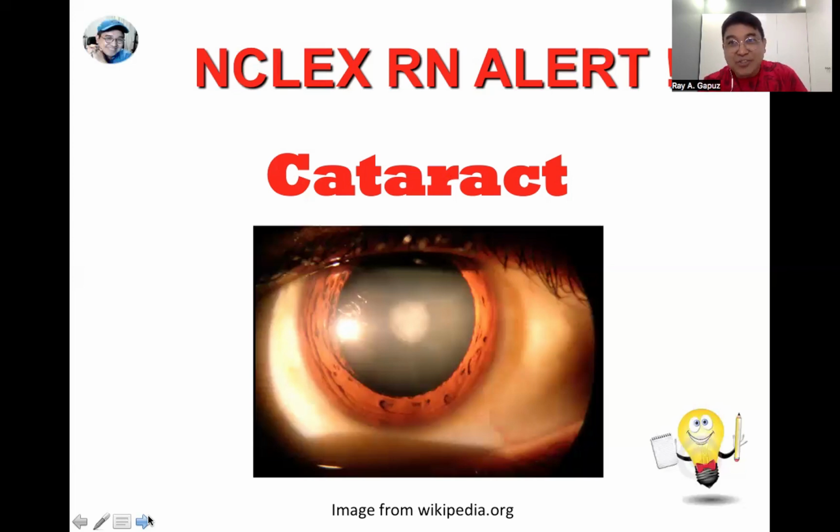Okay, so those are the things that you need to highlight when your patient is being given discharge instructions post